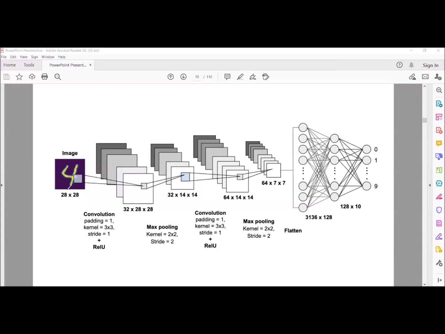Here we have considered another image, a 28 by 28 image, because the MNIST dataset, the handwritten digit dataset, consists of 28 by 28 pixel images. We have applied a kernel filter to this image. How many filters are we applying? We have considered 32 filters, and each has size 3 by 3. Similarly, we have applied max pooling, and finally, you can observe here a 7 by 7 size. The image which we considered as 28 by 28 is now 7 by 7. Finally, we are flattening it. We are classifying whether the digit is 0 or 1 or 2 or 3 or 4. Finally, we classify it as a 4.